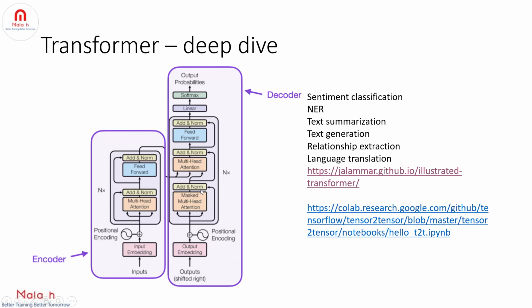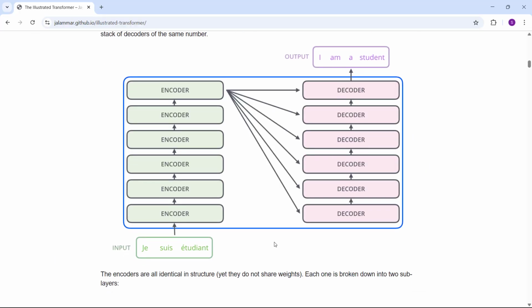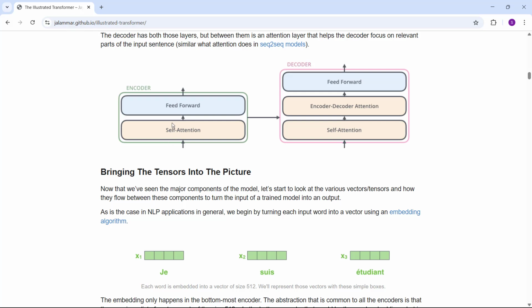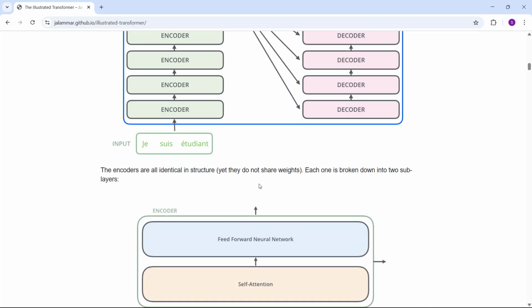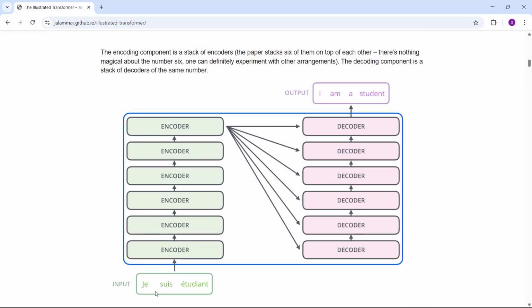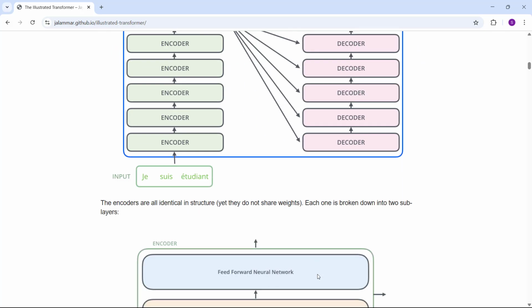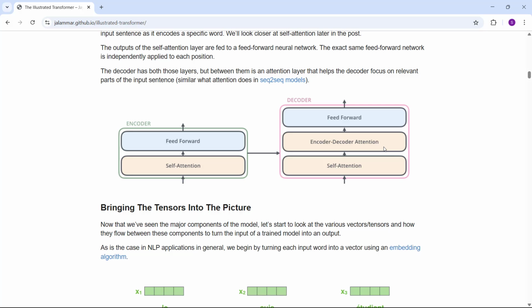And because of the encoder decoder attention, so if you see here, in encoder we have self-attention and feed forward, and in decoder we have self-attention, feed forward. You see the additional one here, encoder decoder attention. So because of this encoder decoder attention, the model understands that the word J in Spanish is related to the word I, okay? So J is related to the word I, Sus is related to the word yam, right? So that is how the model understands the relationship between Spanish and English because of the encoder decoder attention.